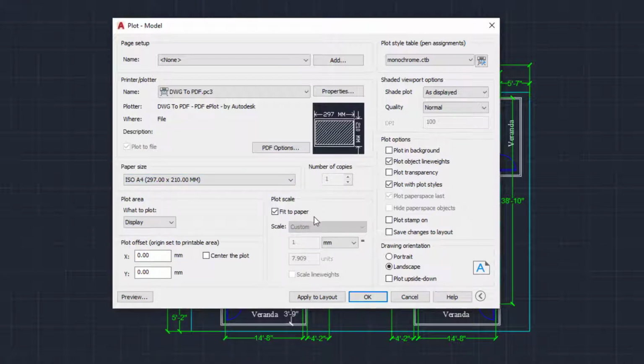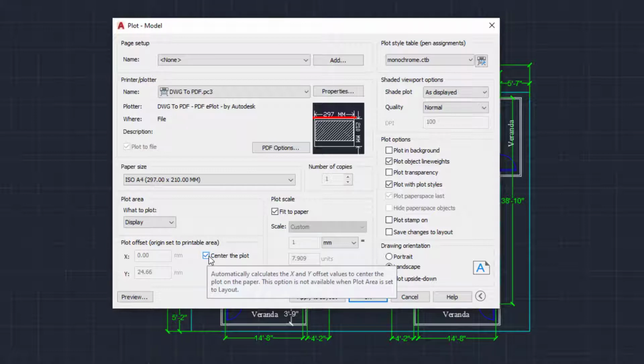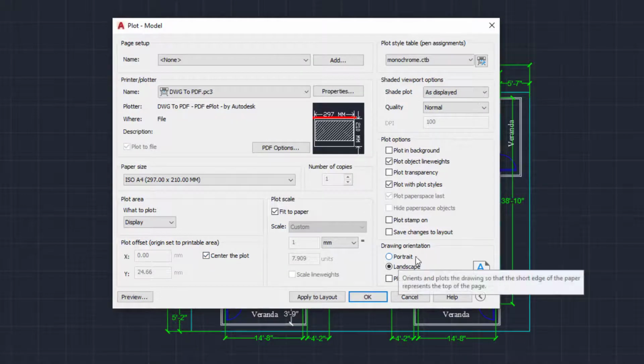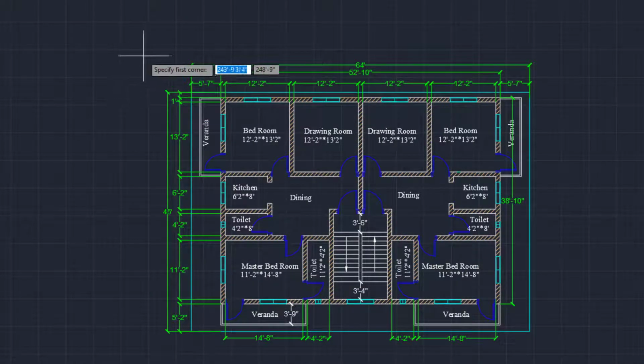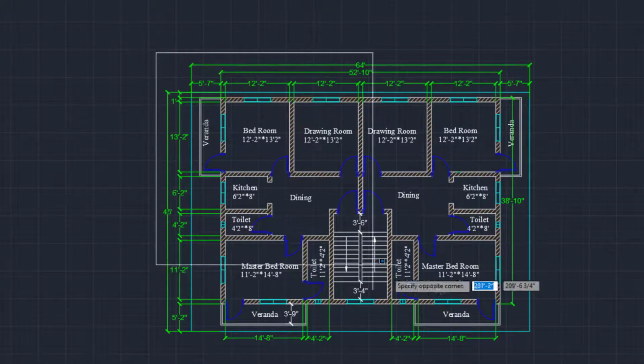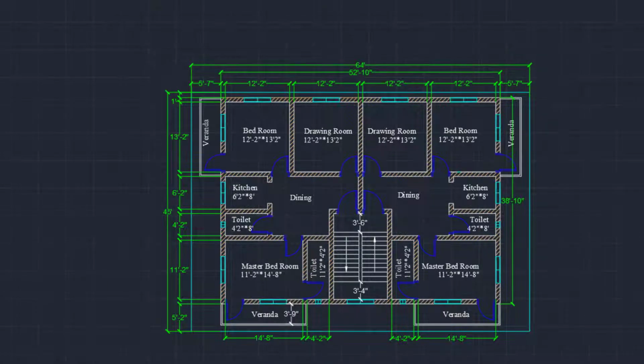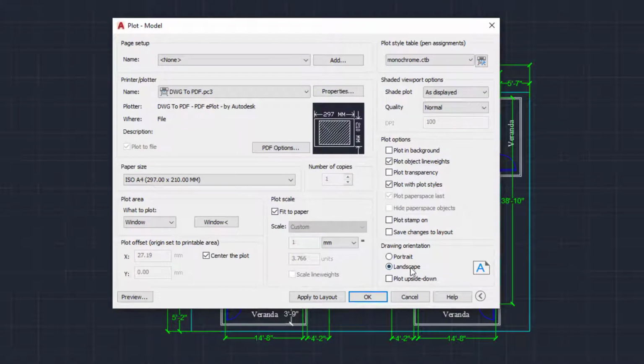okay, and then make sure it's tick marked here, fit to paper, and then click here, center the plot, okay, and what to plot, click on window, okay, and then just select this window, and now you can check which shows